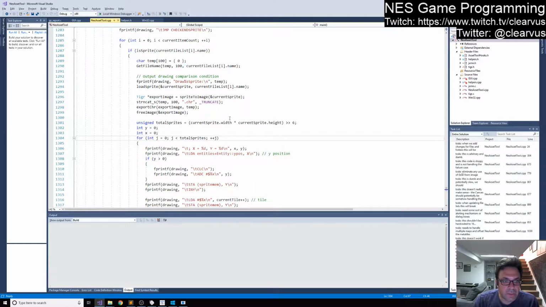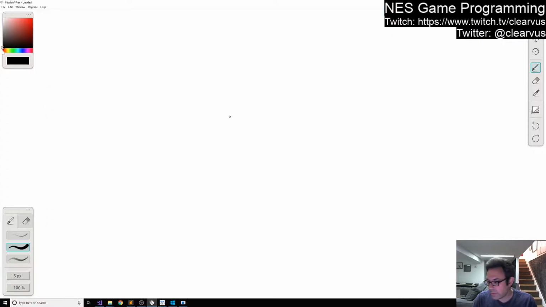So maybe what I'll do for now is I will write a couple of things. One is, for all of the sprites that we load, I will write out an array that records the... where's my pen? So what I'm thinking I want to do is first write out a buffer that has, for sprite 0, there are 0 collision points, for sprite 2, there's 1 collision point, for sprite 3, there's 2 collision points. But actually, now that I think about this,